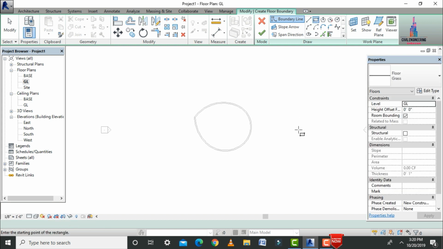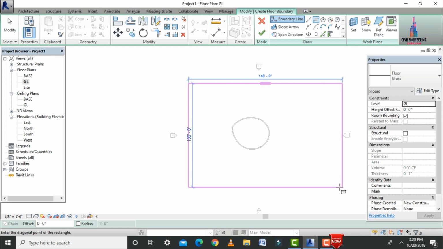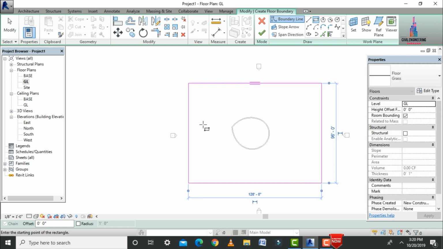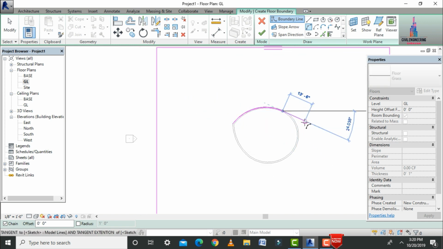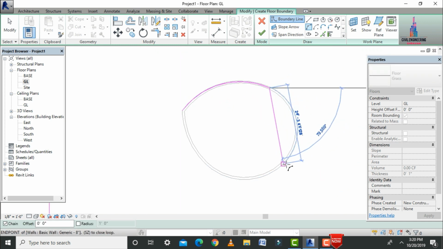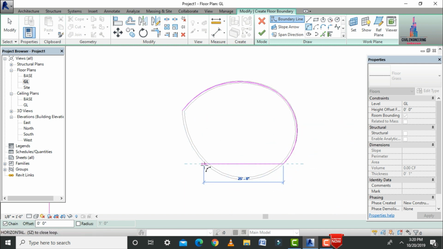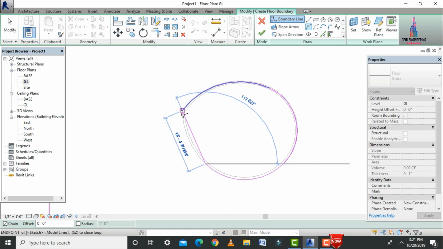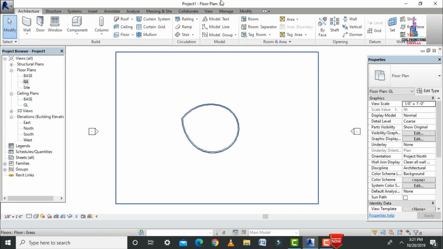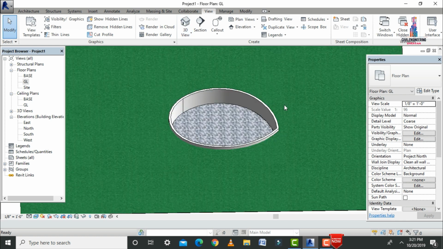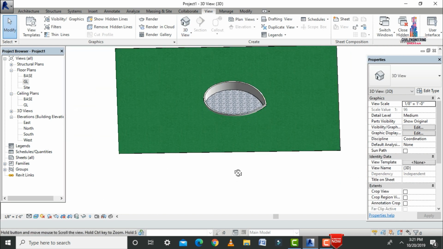Now we have to draw the rectangular section which is related to the grass floor. So here I am selecting the rectangular section with the grass like this. Okay, so after that we have to select the respected start and ending arc point. Select the first point here. Again I am selecting the ending point here like this. So we have to deduct this respected portion from this respected tank. Again I am selecting one more point at this point. Again I am selecting the last point at this position. Click on the right mark option. So now I will show you this model in rendering view. Click on 3D view. So this is the 3D view for this respected grass section.